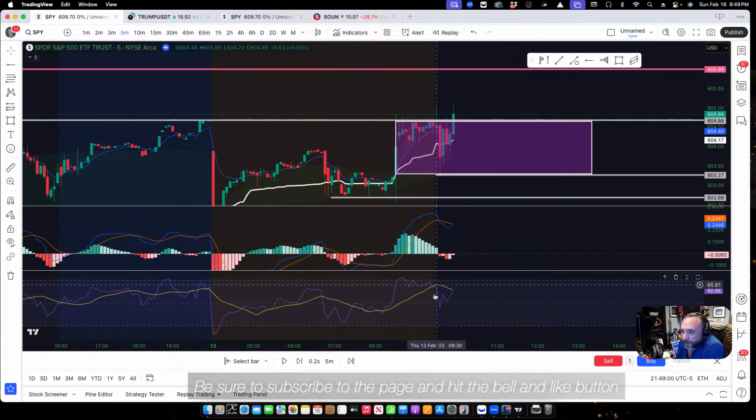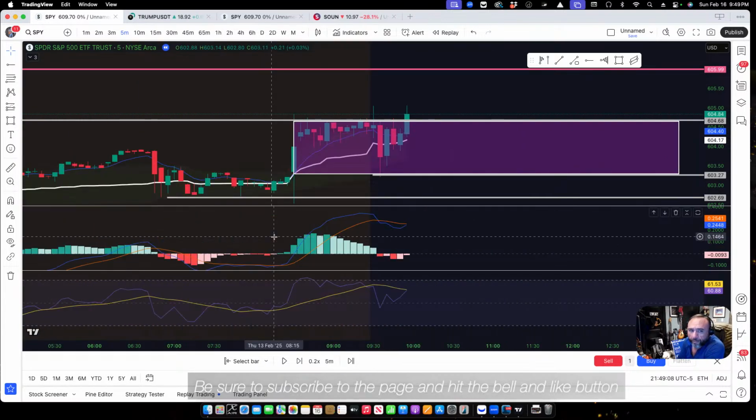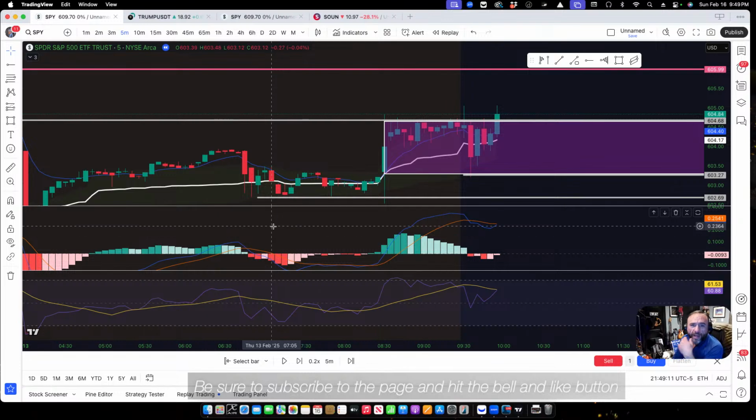Now it wants to come up. This RSI needed to pull back. It needed to cool off and get another run. Now, we're on 5 minute. We're on 5 minute, Lisa. So at this point right here,